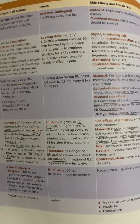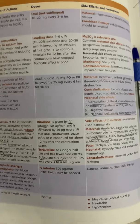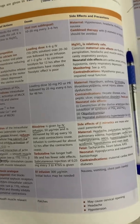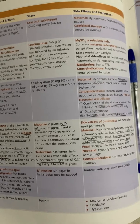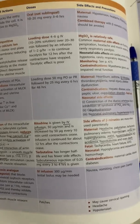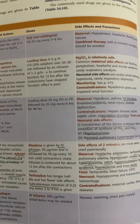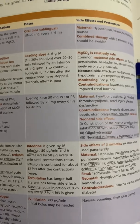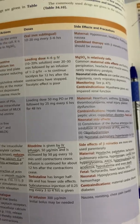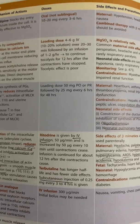Now next drug is magnesium sulfate. So magnesium sulfate has two modes of action. One thing is that it is acting on NMDA, inhibiting that and reducing vasospasm. So it's causing vasodilation. That is one of the actions. The other action that it has is causing competitive inhibition to calcium influx. So it is binding and preventing calcium influx, which is again preventing uterine